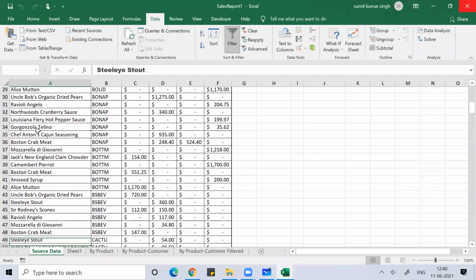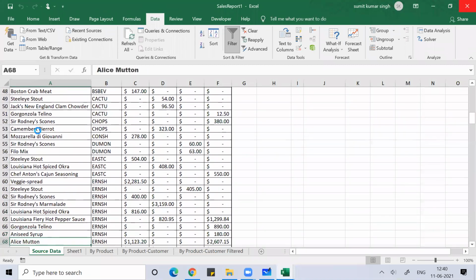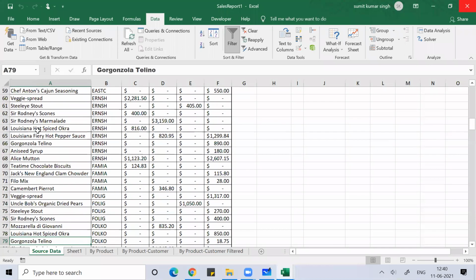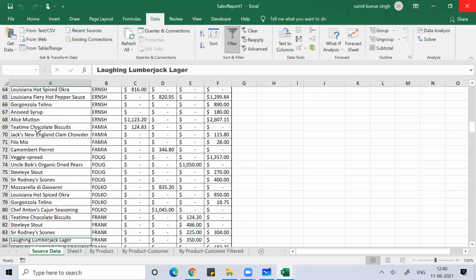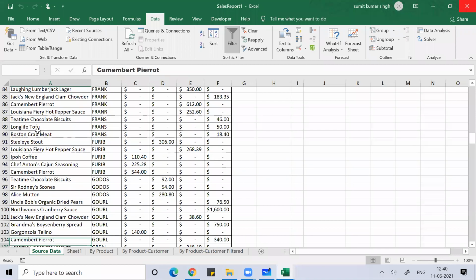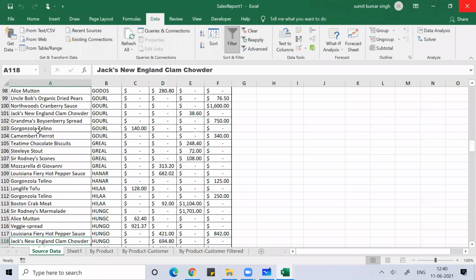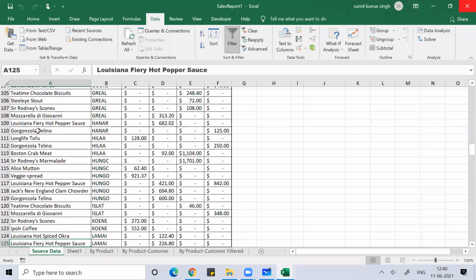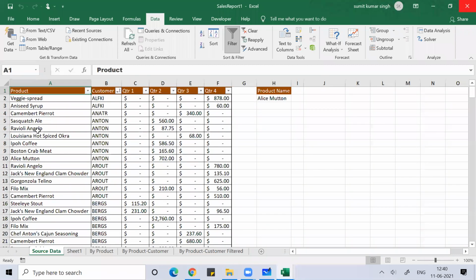I want to see the Alice Mutton product, guys. I'm searching for something and not getting it, so wherever there is Alice Mutton data, I want to highlight that. So what can I do? I can highlight that data.